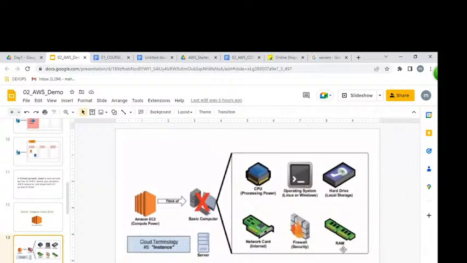Whichever components are available in a laptop, the same kind of components are available in a server also. But your laptop is just for your home purpose. But a server is for deploying and placing our applications.